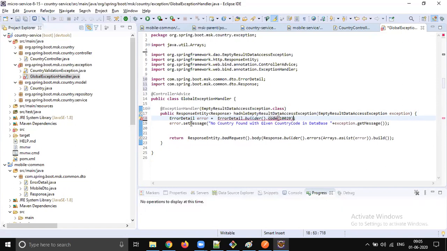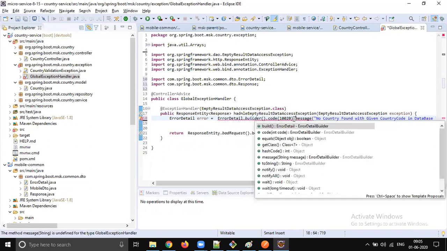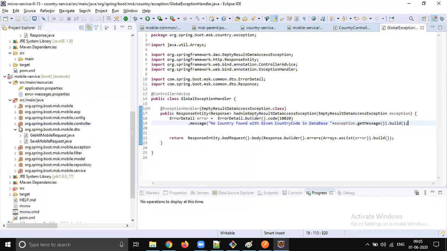Dot message should be small m. Dot message dot build. Save this file. Now the error will be gone. Now let's go to mobile service.